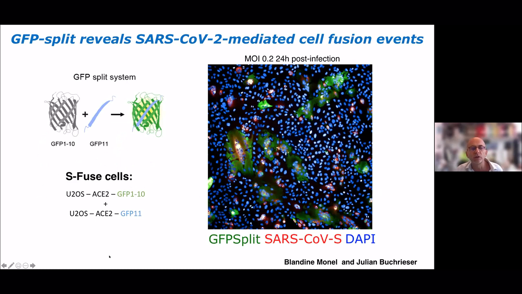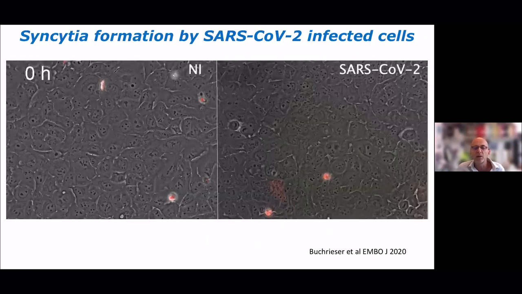We also introduced in those cells the GFP split system to reveal cell-cell fusion events. This is a very simple system in which half of the cells will express part of the GFP, and the other half of the cells will express the other part of GFP. And when the cells fuse, as you can see here, the syncytia will express GFP, and we can counterstain the syncytia with different kinds of dyes. So we term this system the S-Fuse cells, and with this system we were able to do real-time imaging of